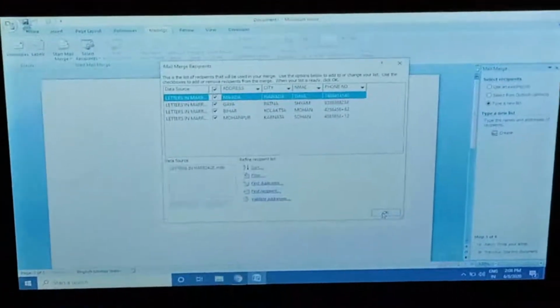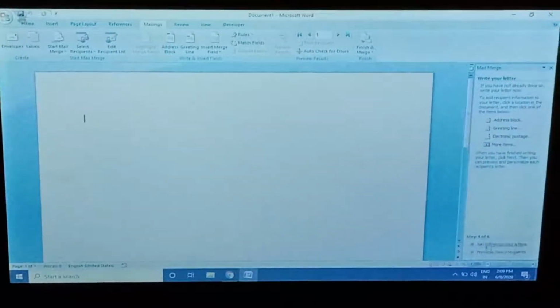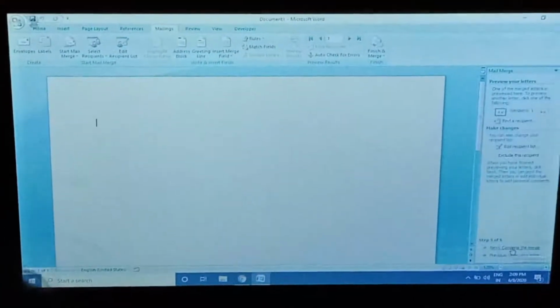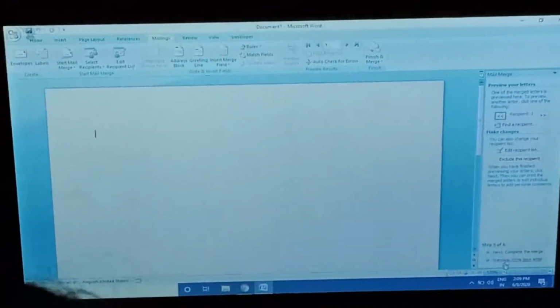Then you click OK, and click OK, and you write the letter. Then click write your letter.